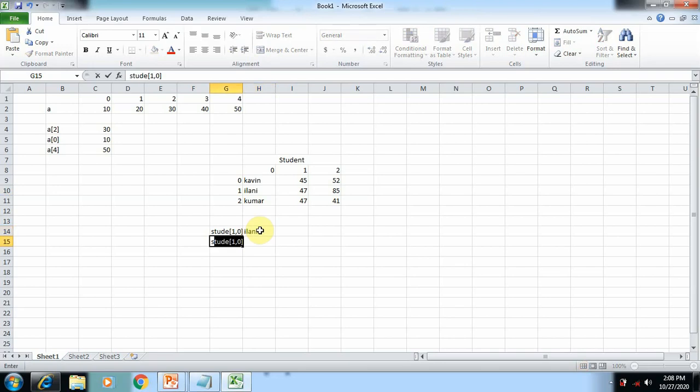If you change the index number, for example 2, 2, then the first index number refers to the row, the second index number refers to the column. So 2 of 2, where the value matches: this is row 2, this is row 2, this is row 2, and here the column is 2, so 41 will be the output. So this is the value of the array variable student 2 of 2.